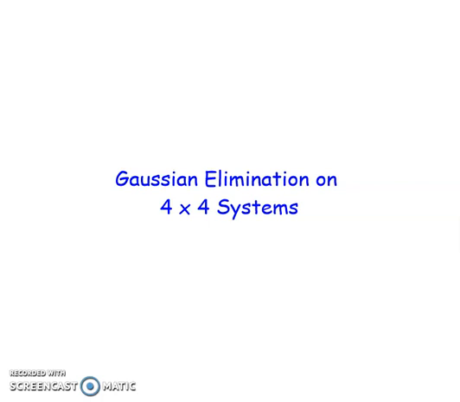What I'm going to show you here is how Gaussian elimination can be applied on 4x4 systems of matrices as well, just to develop on the 3x3 systems that we've been using up to this point. So I'm just going to show you an example of this, just to prove that it doesn't matter how big the system of equations we've got is, we can apply Gaussian elimination and our elementary row operations